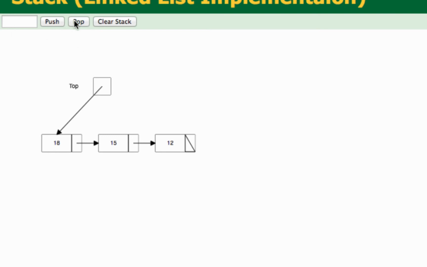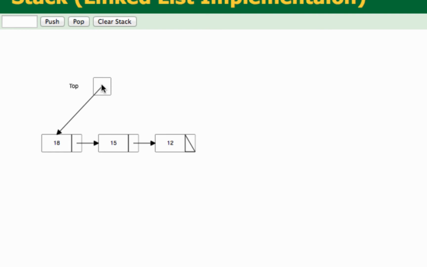And the pop operation is quite simple. Basically I want to take the element which is pointed to by top. The top dot link is 18. The element is returned, and top would be set to the element after 18. So we return the current node and we set top to top dot link next.